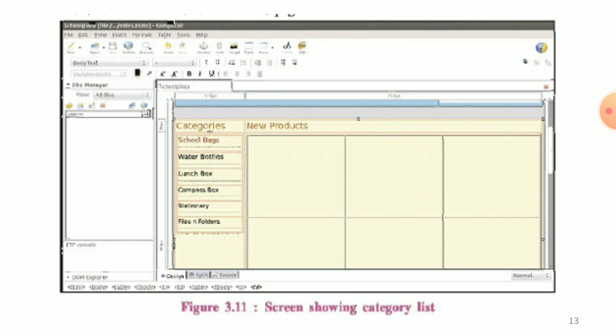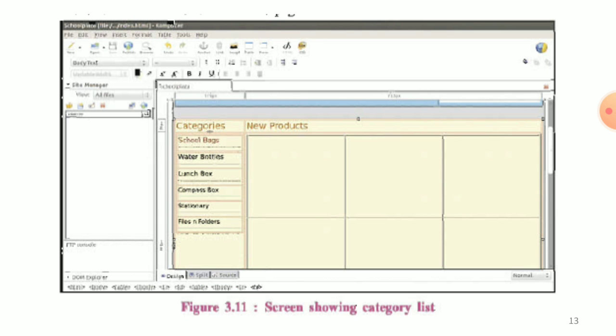Also, the categories will be a link which takes us to the related page of the selected category. We will make the links on the categories later on. Let us now create a table to add the images of the item and the related details in the cell below the new products.